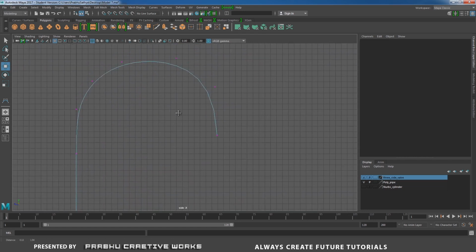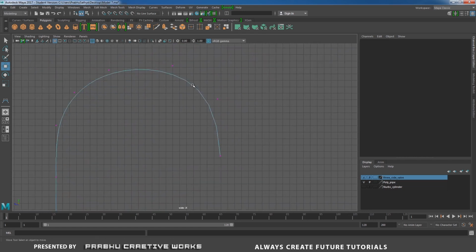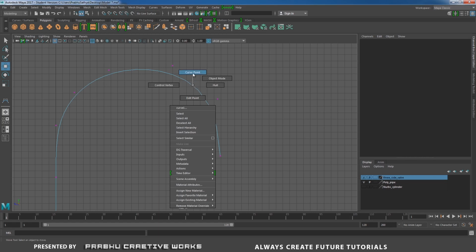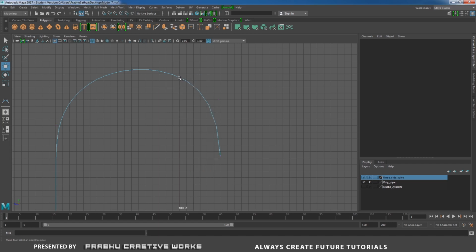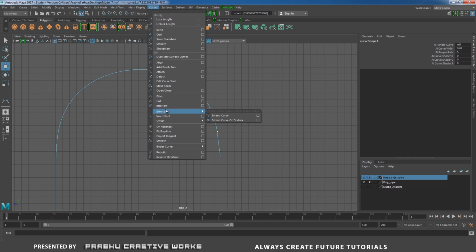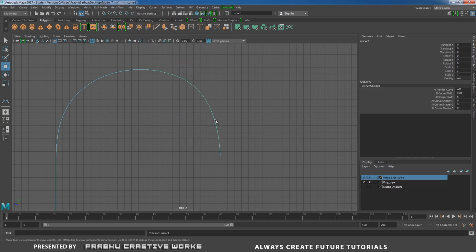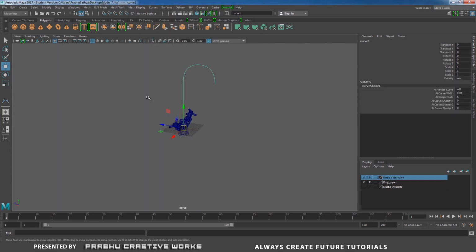See here, we need to add one more resolution point. Right click and choose curve point and add one more point over here. Shift and add another point over here. Go to Curves and choose Insert Knot. So that means it will be smooth. Go to perspective and press 5 on the keyboard. Now you're able to see our